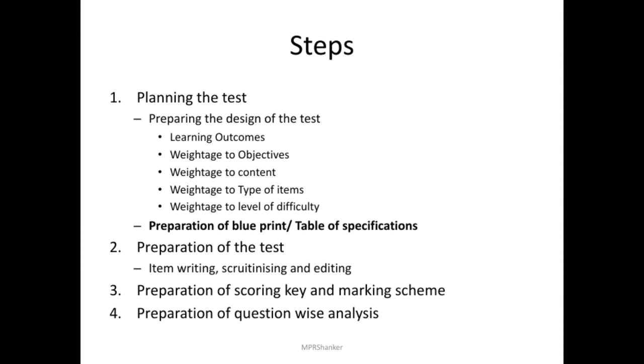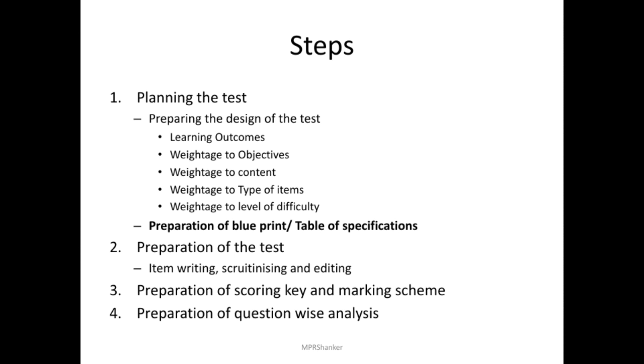The planning of the test includes mainly six steps, or six things that have to be considered while planning a test. One is the learning outcomes related to the unit selected for the test. Second, weightage to objectives, weightage to instructional objectives or learning objectives. As per the revised Bloom's taxonomy, we consider the objectives. That is weightage to objectives. Second, weightage to content